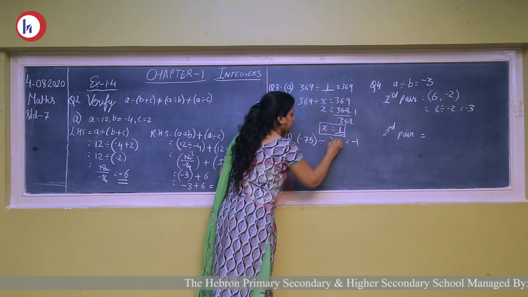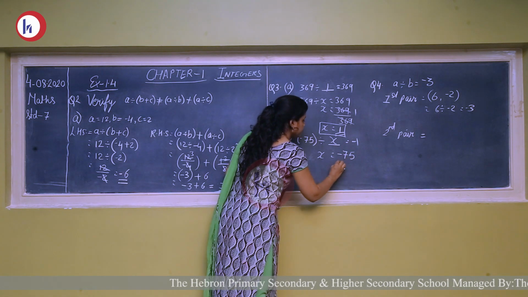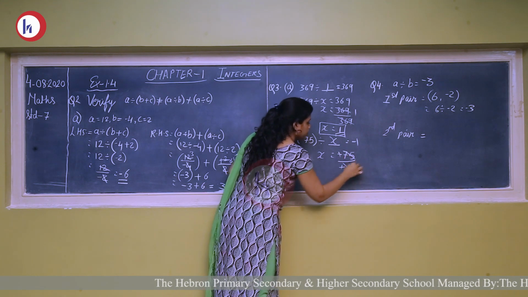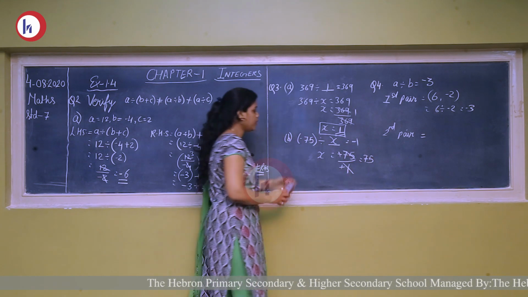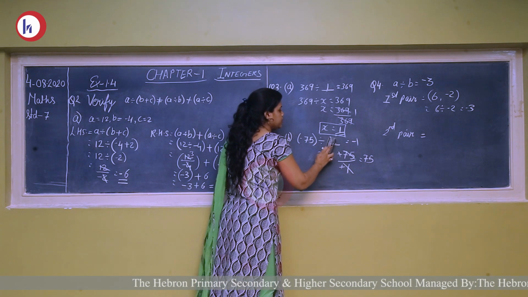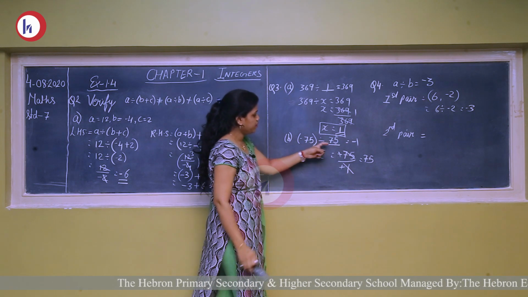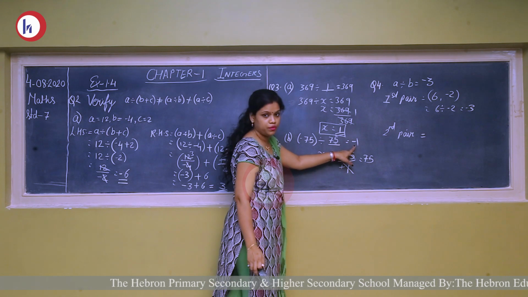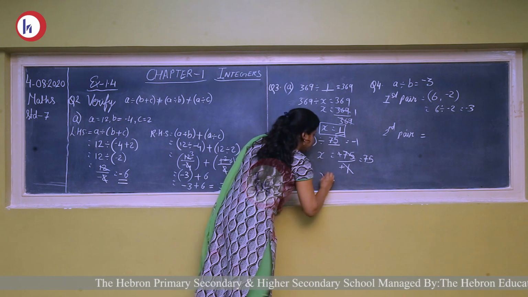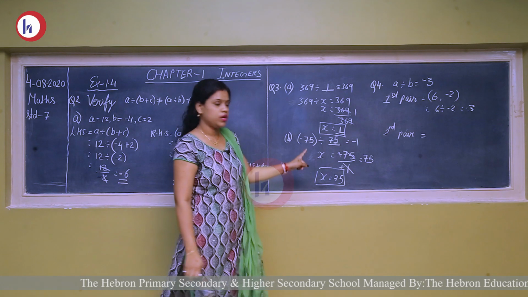Same way, if we take here x is equal to minus 75 divided by minus 1, that will give you, cancel 75. So when minus 75 is divided by 75, your value will be minus 1. Let's check it. If you keep 75 here, minus 75 divided by plus 75 is going to give you minus 1. So your sum is checked and verified. So your x value is going to be 75. Same way you can solve the other sums, all are the same type.